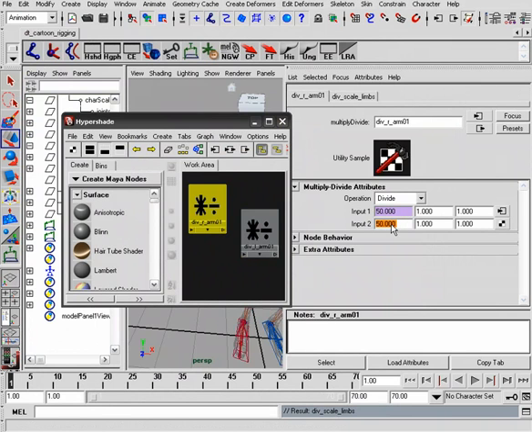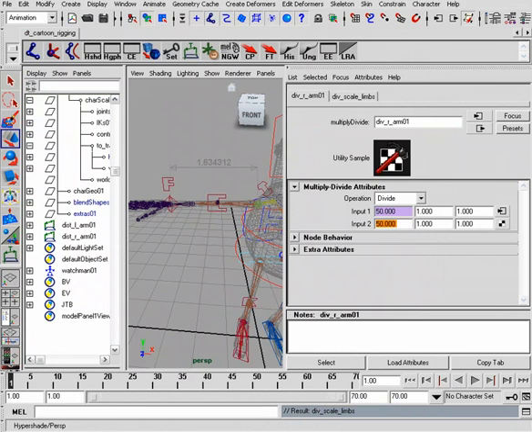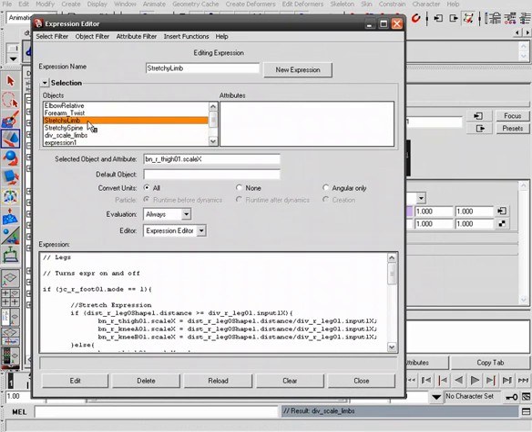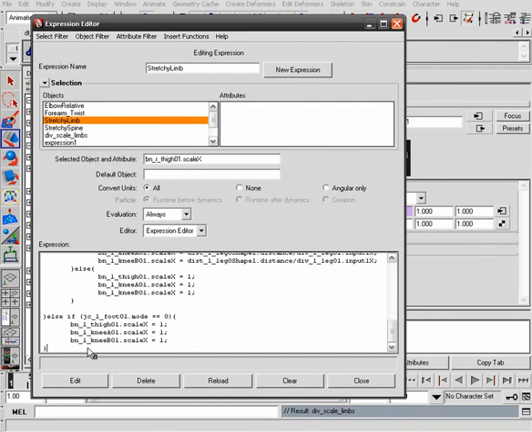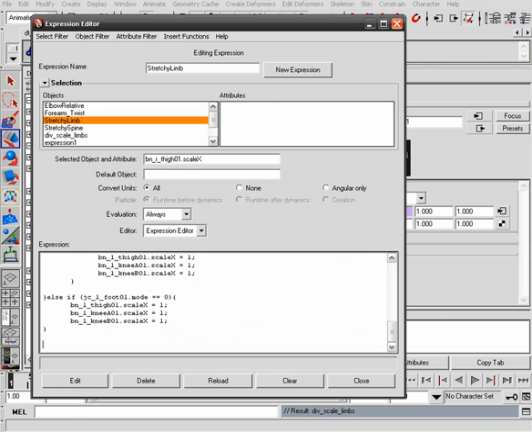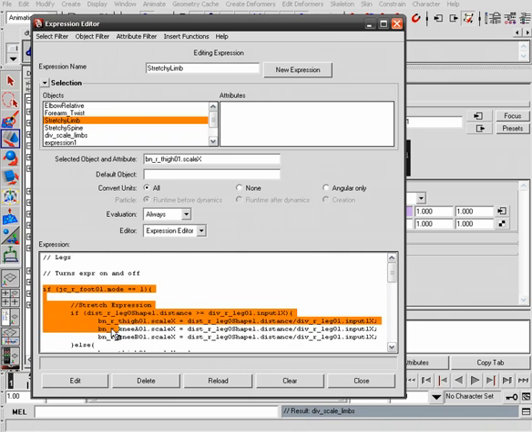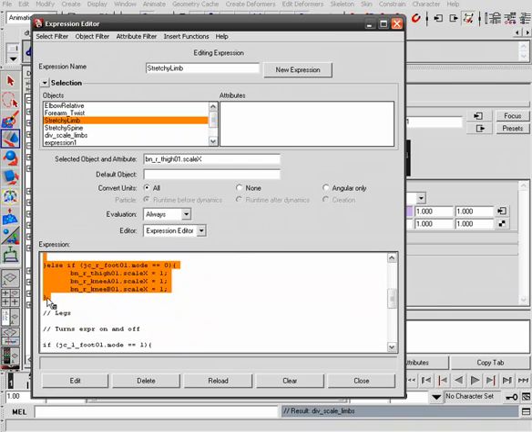Now with all of this done, we can close out our hypershade, go back to our expression, then go to our stretchy limb and do what we've done before, in that we've gone ahead and first made a comment. We're going to need to redo that since we haven't edited this expression, so that's going to be for the arms, and we'll already prepare by going a couple of lines underneath. We'll copy the one for the right arm and just apply it to it. So we'll just copy the line, copy,